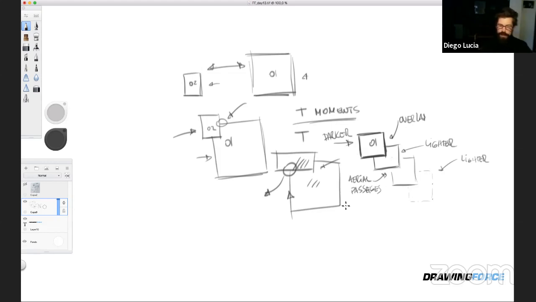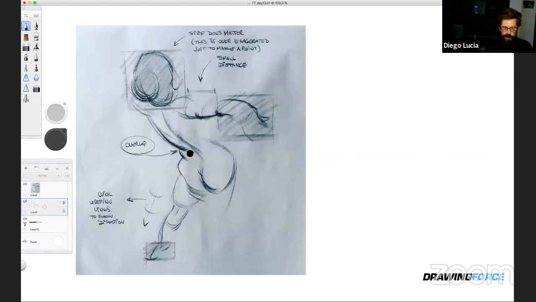So here, I hope this makes sense. And if we go back to the drawing, you can see that this overlap here makes a lot of sense. You start feeling like this is closer than this, that this is closer than that, this leg is further away and it's behind the rear end, and we can go deeper and deeper into the page. So when you're drawing any pose, you should be aware of what you want to show.